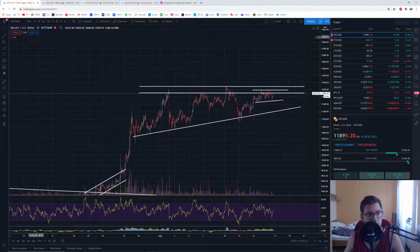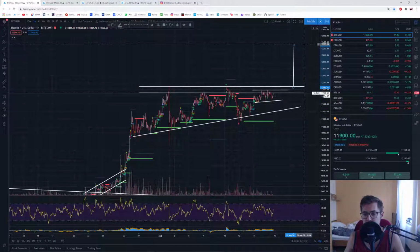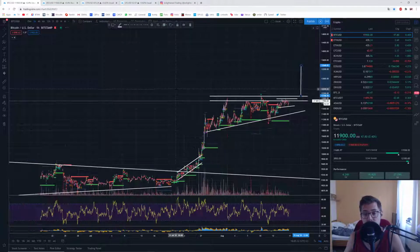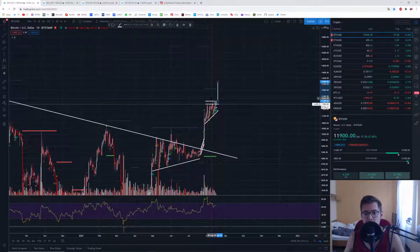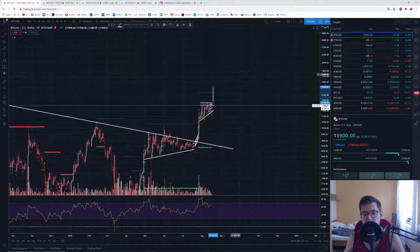And if I extend this triangle regarding its range, then we can say that this breakout, if it breaks out to the upside, will take us approximately to the high we experienced a year ago here on Bitcoin. You can see this will be around the $13,000 to $14,000 mark. And I do think we can make it up to 13,800 or maybe even 14K. I do think that is much